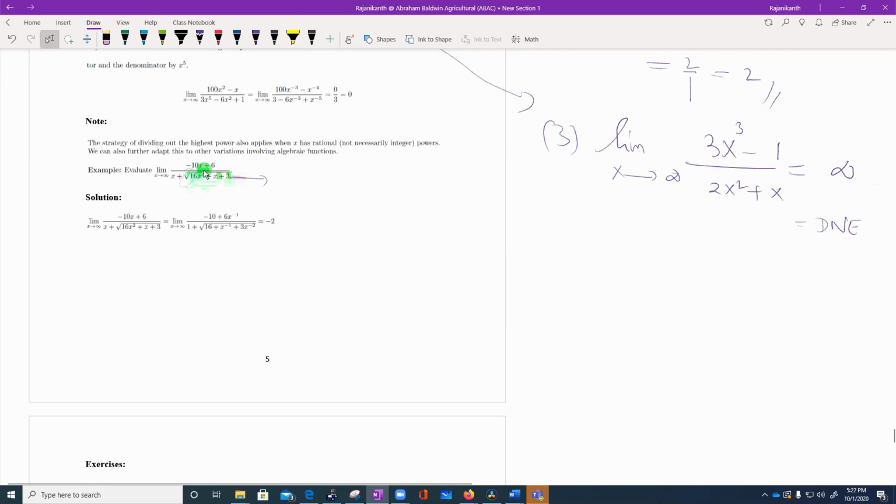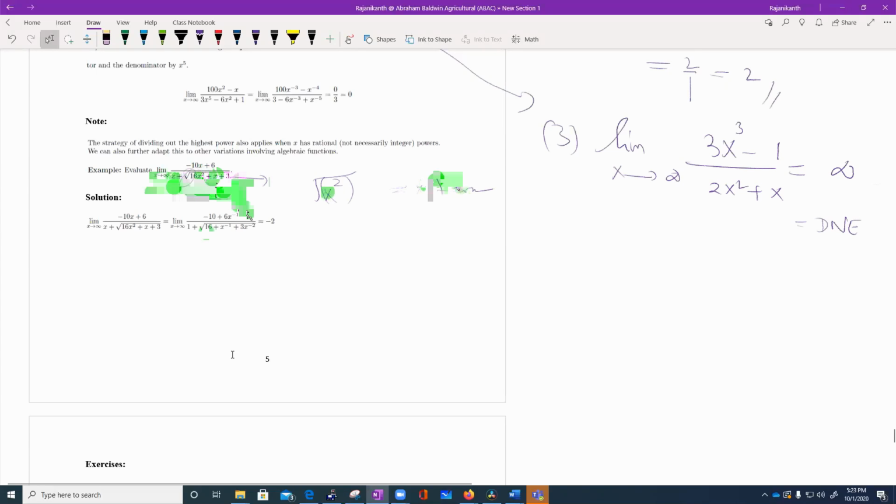So even though you have x squared, once you take the square root of x squared, you will come up with x terms here, right? So the degree is ultimately going to be the same degree as whatever you have outside. So that means the degrees of the denominator and numerator are the same,